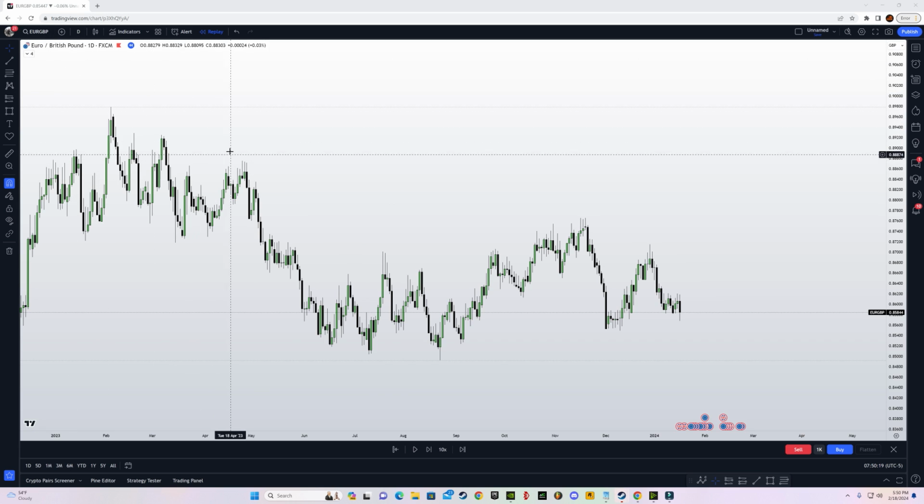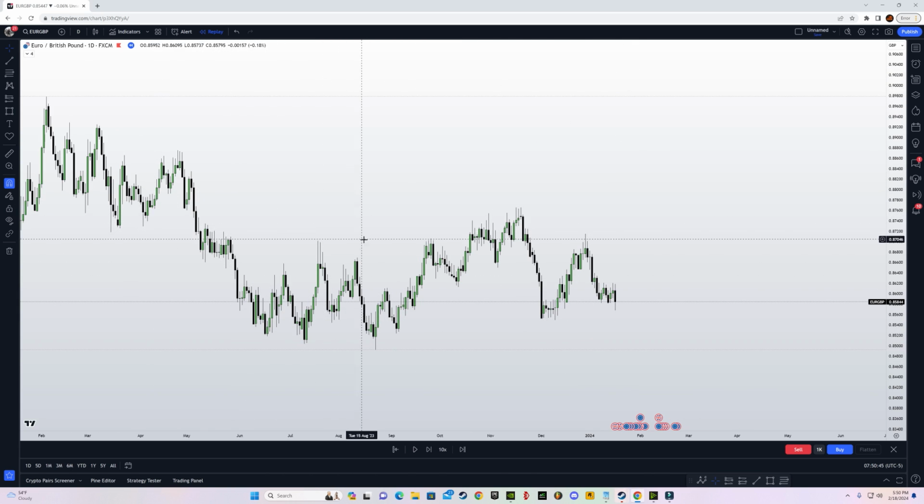so let's assume that I open Euro GBP and I look at this chart, right? Within 5 seconds, it should be clear what the direction of the market is. It should be clear enough for me to know within 5 seconds. If I am confused and struggling to identify the direction within 5 seconds, I will move on to another pair. So over here, what you can see is that the direction is clearly bearish in the long run,